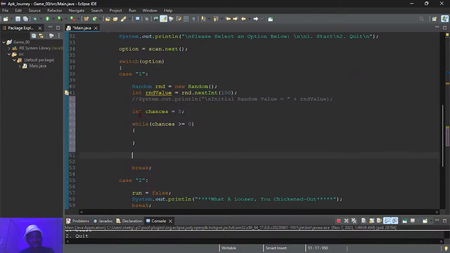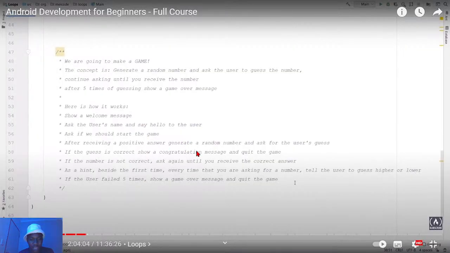So if nothing happened inside of this, then there should be a message saying quit the game. If the guess is correct, show it in the animation and quit the game. If the number is not correct, ask until you receive the correct number.